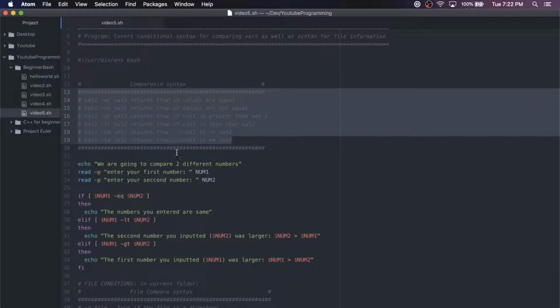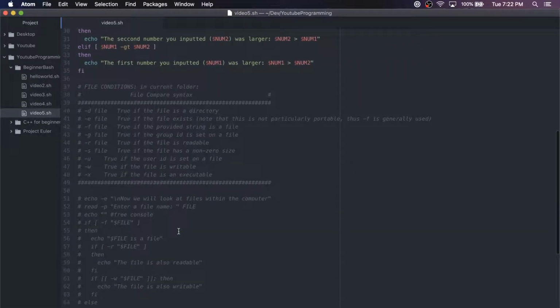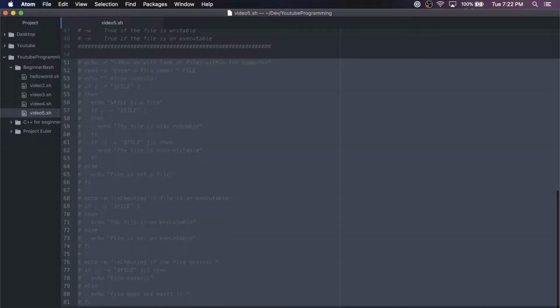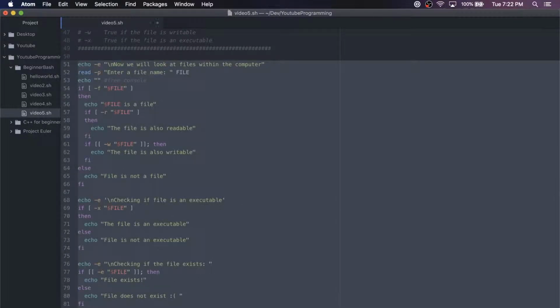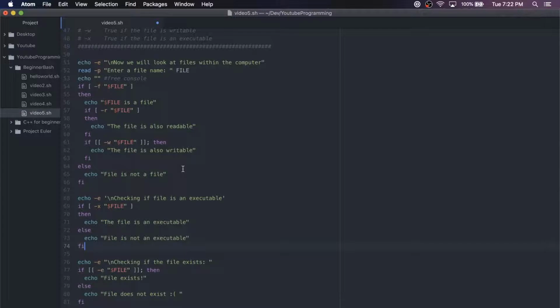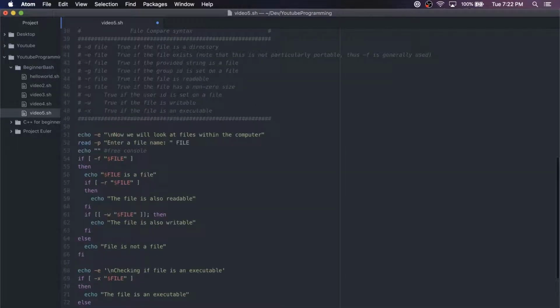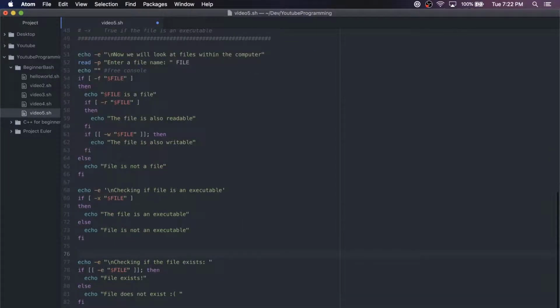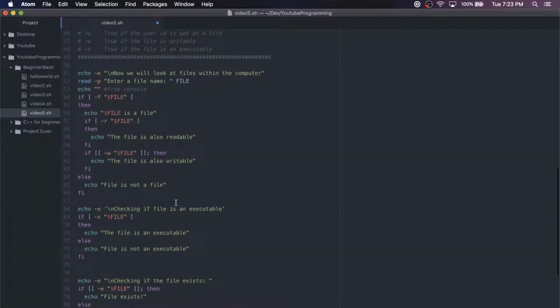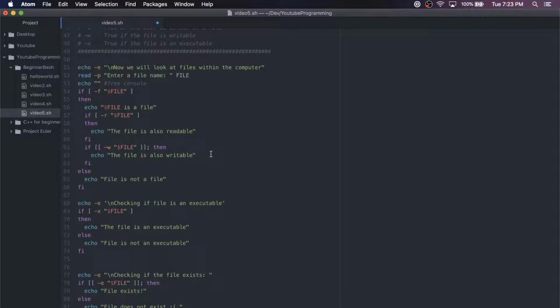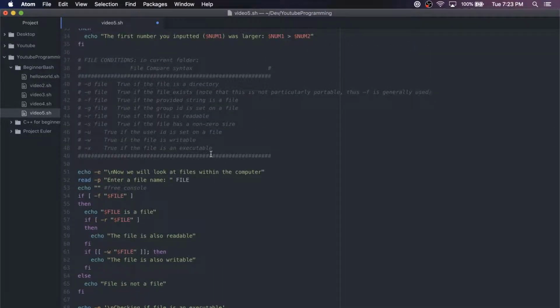When we get into files, it can get a little bit difficult. As you can see, it's not really complicated, it's three individual if statements, so don't be discouraged by the amount of code on the screen. But if we're talking about a file,